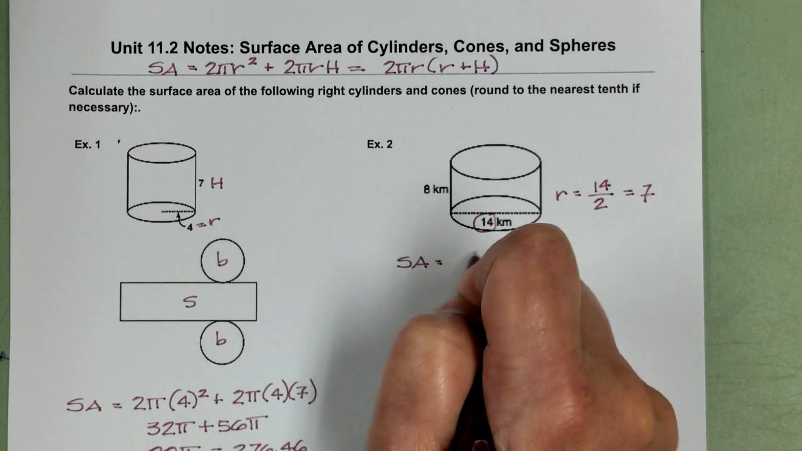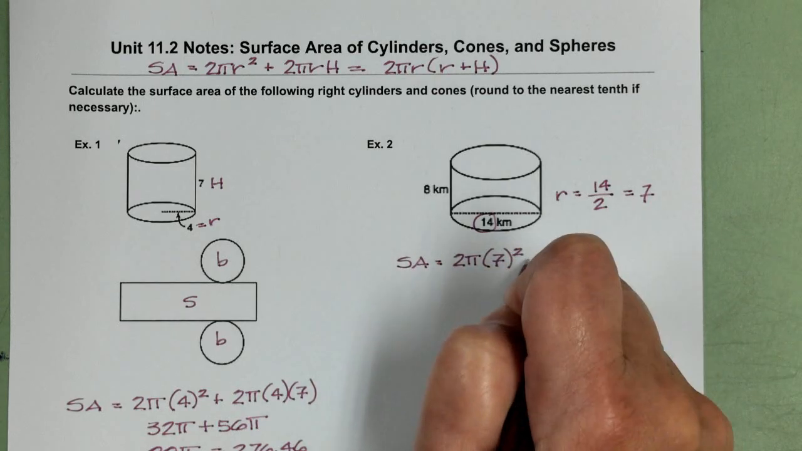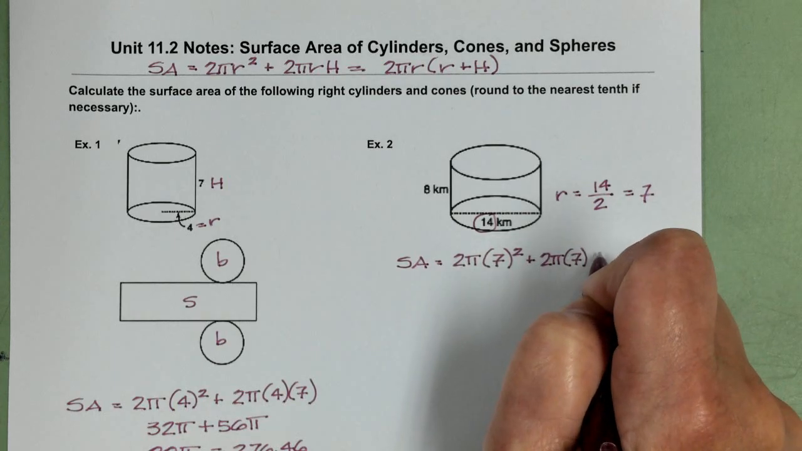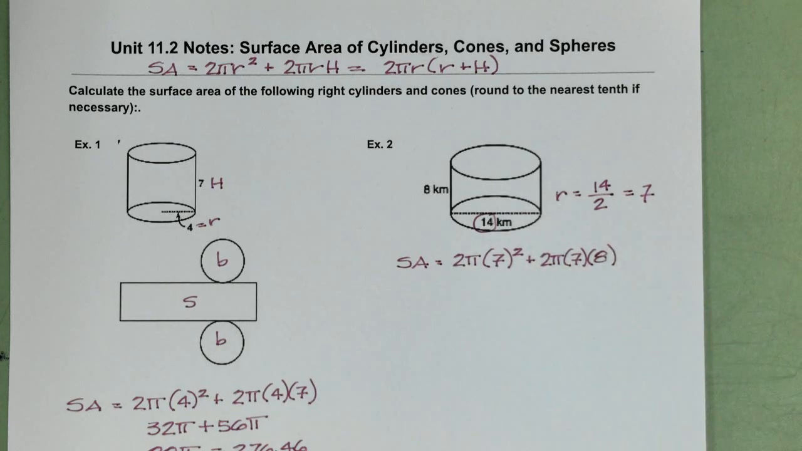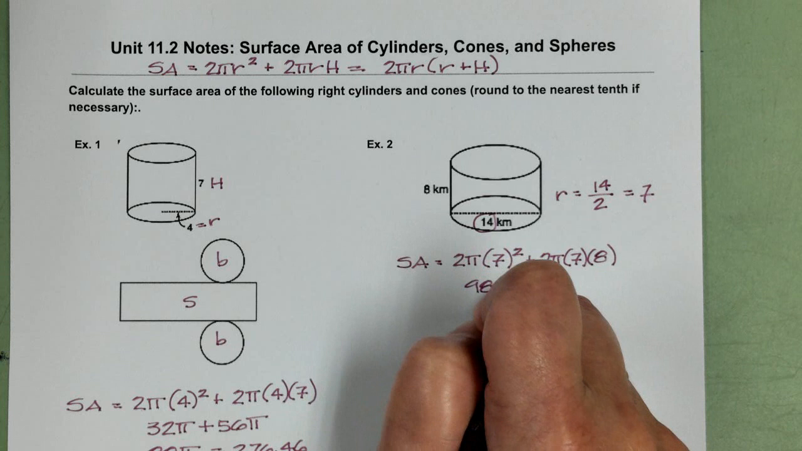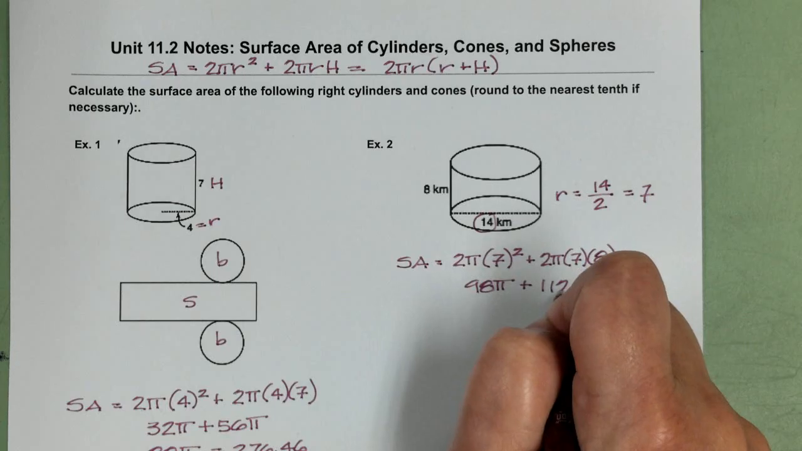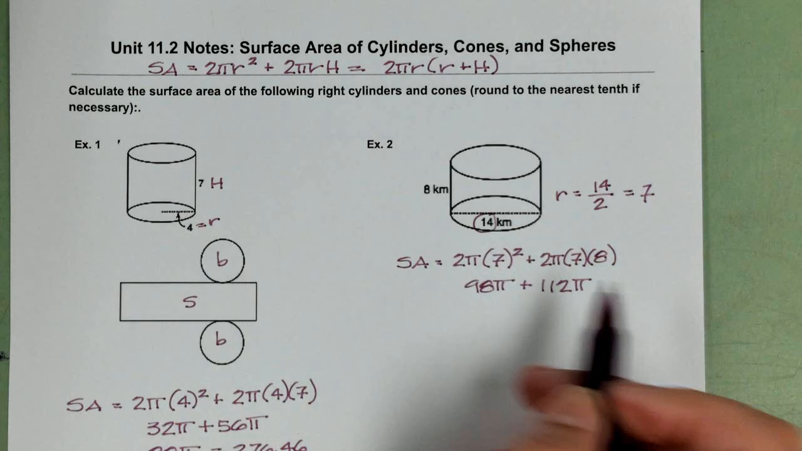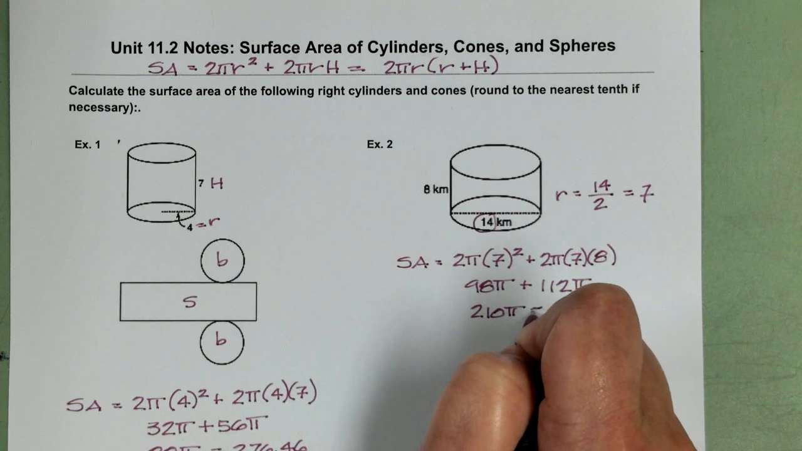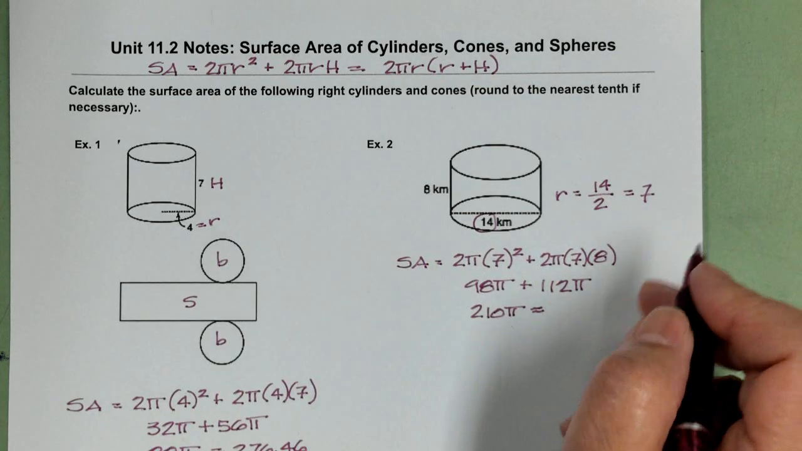So I have surface area 2 pi r, which is 7, squared, plus 2 pi r times h, which is 8. This first term, 98 pi. This second term, 112 pi. Add these two together, 210 pi. Use the calculator, get 210 times pi, and you get